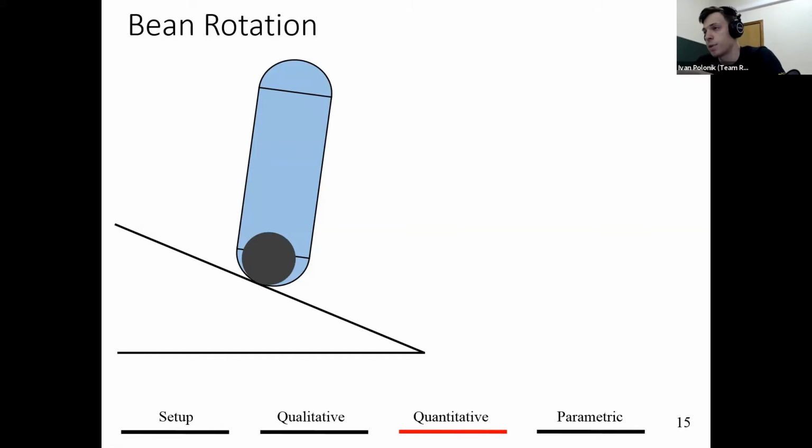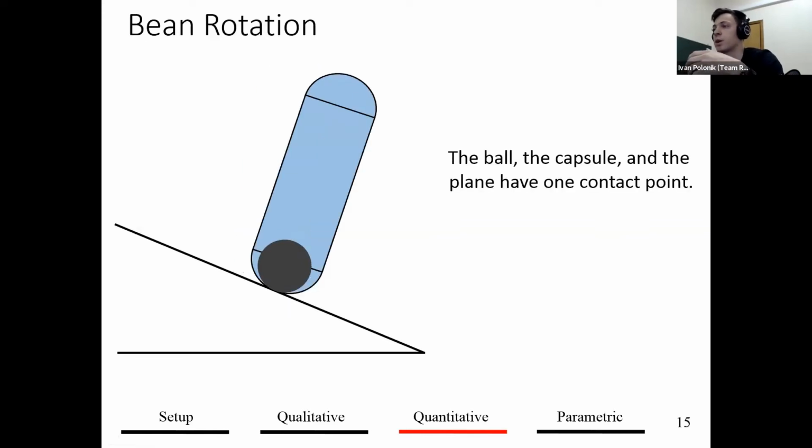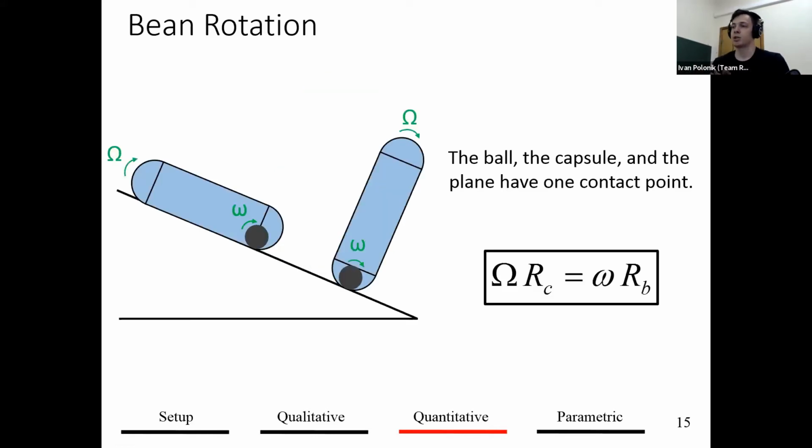So let's explain why we think so. Let's, for example, say the ball goes a little bit to the right. In this case, additional torque will be created, which will quickly rotate the capsule back to the position where, again, the capsule, ball, and plane have one contact point. And using this model, we may find the expressions for angular velocities of both ball and